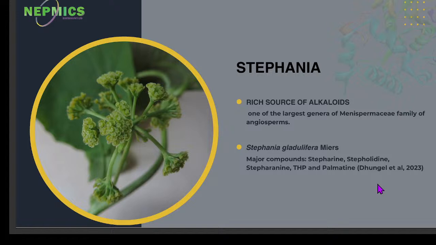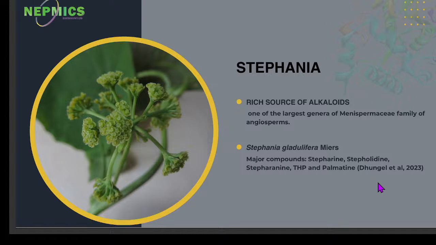and it was found at an altitude of 1500 meters in the eastern part of Nepal, in the Ilam district. The major compounds that we successfully isolated and elucidated were stepharin, stepholidine, tetrahydropalmatine, and palmatine. They were isolated from this particular species, and the plant part used was the caudex. Actually, the caudex is a modified stem present just above the soil of the plant habitat,